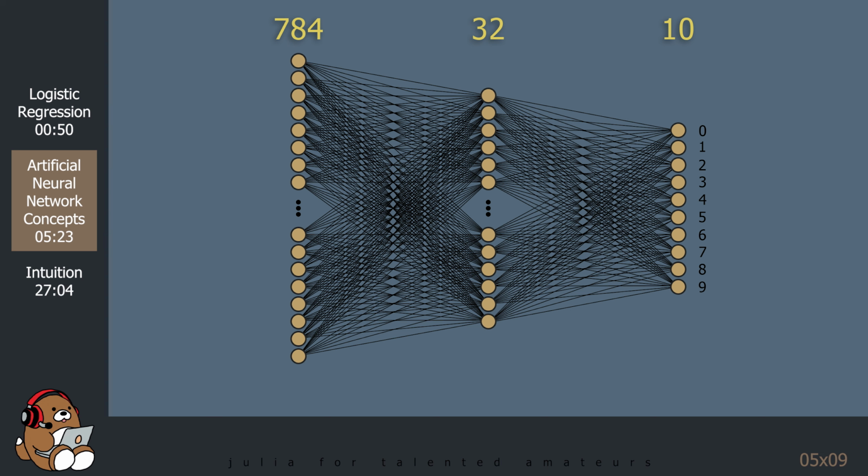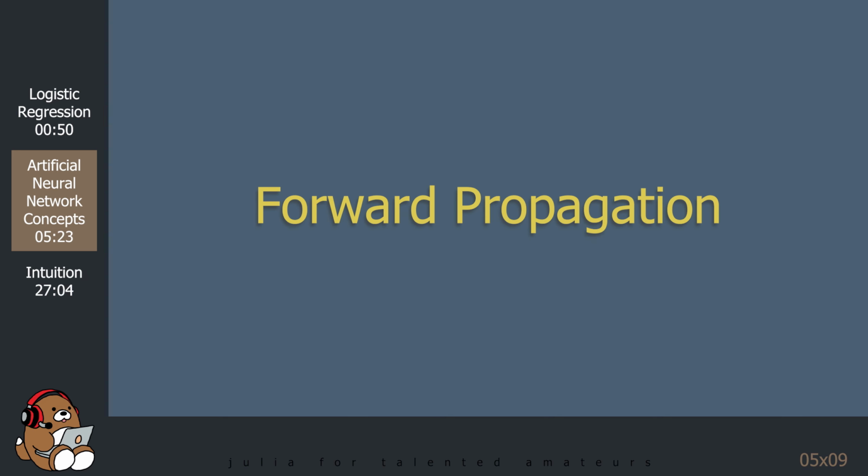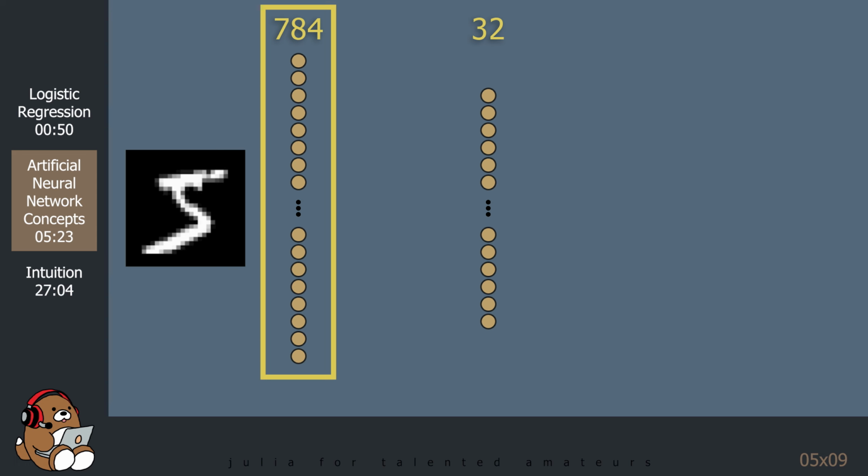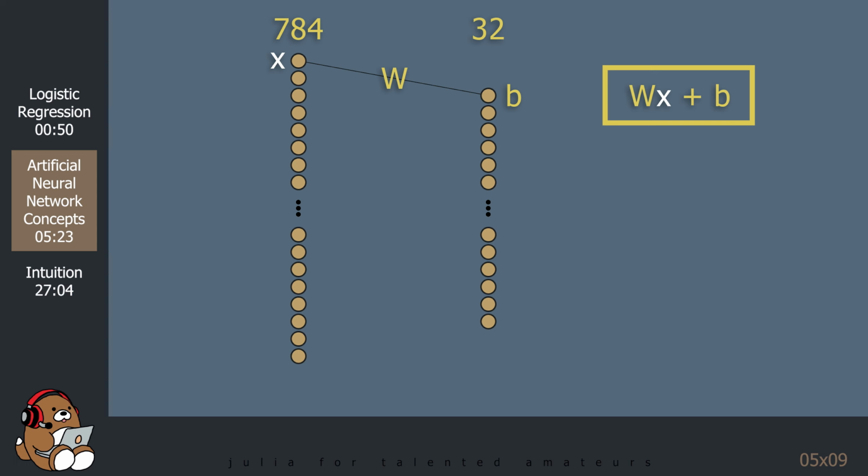Before we leave this model, let's take a closer look at the math. The process of making calculations going from left to right in this diagram is called forward propagation. The first column contains the values from the 784 by 1 image sample, which are floating point numbers with values ranging from 0 to 1. Looking at the first node in the first column, that value is multiplied by a weight and added to a bias. Then that value is passed through the ReLU function.